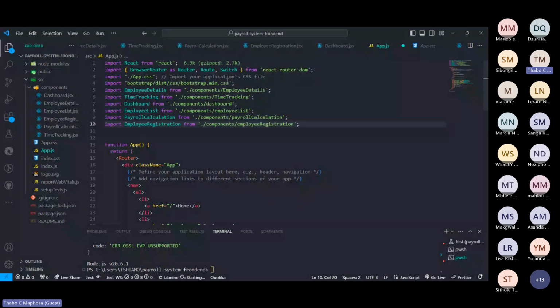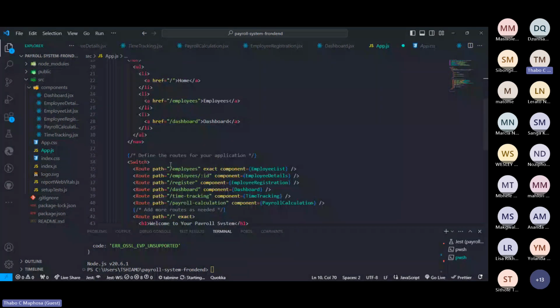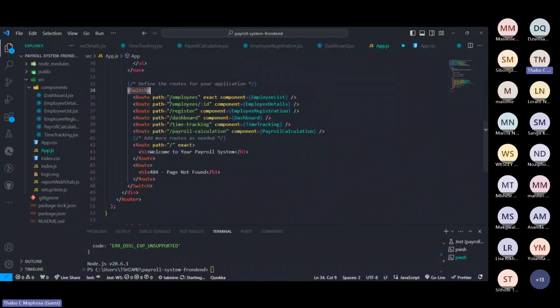So now what happens is it combines all of these modules into one. Whenever you're showing the app, you're showing it from this part here. The part I'm most interested in is this part here. Notice here, I'm using a switch statement, which has been imported. This switch statement routes all of these items to all of the components that you have.